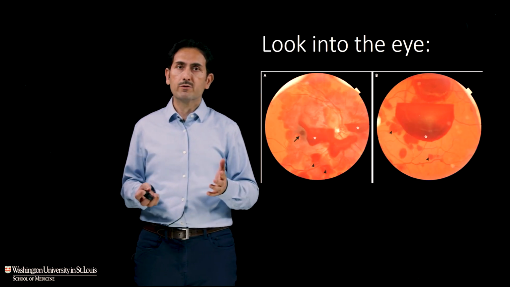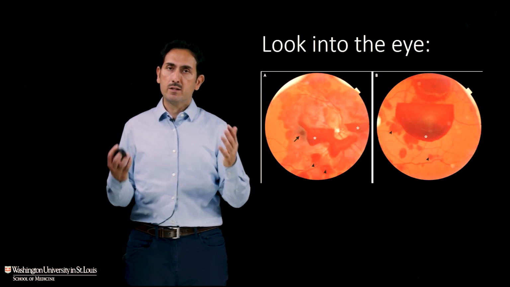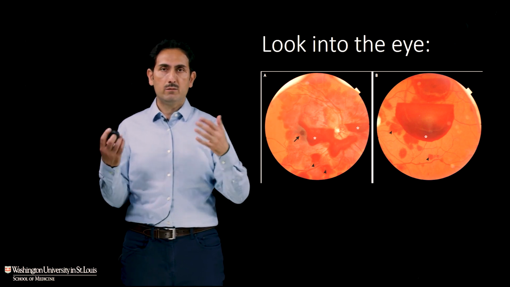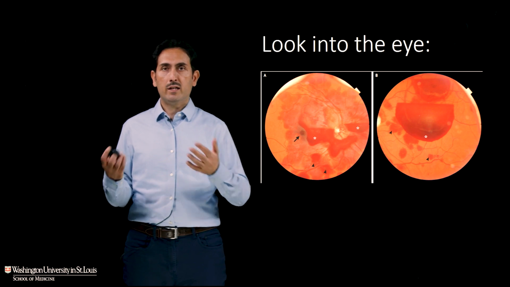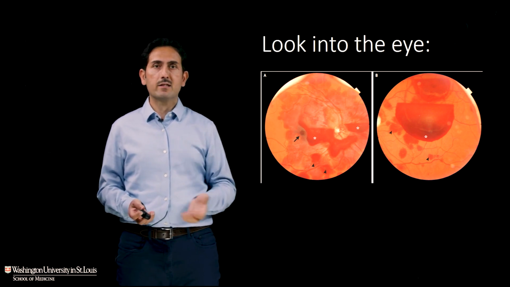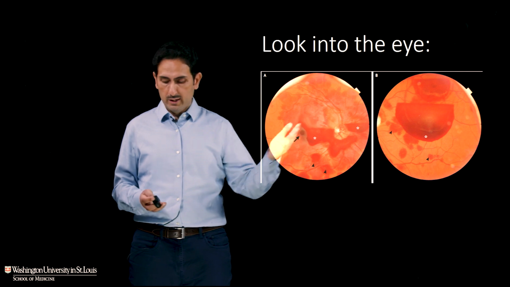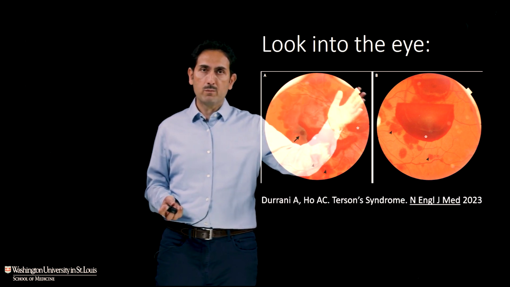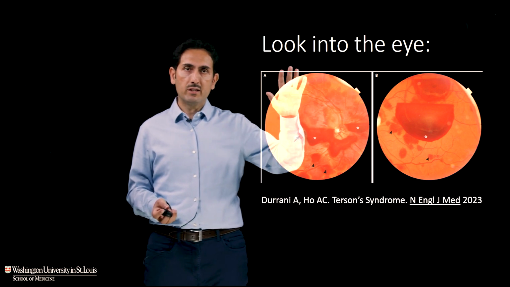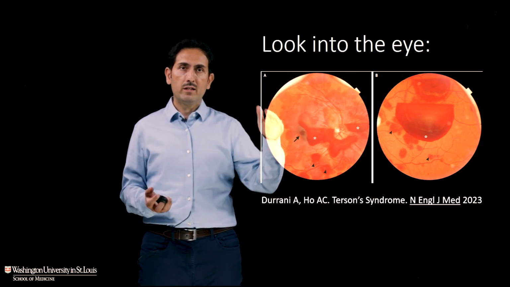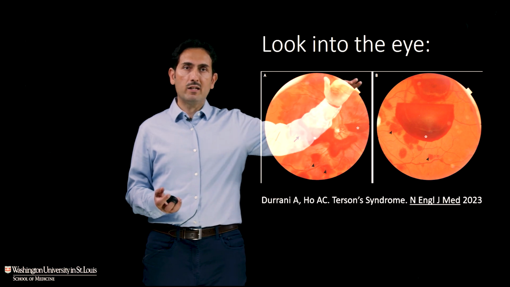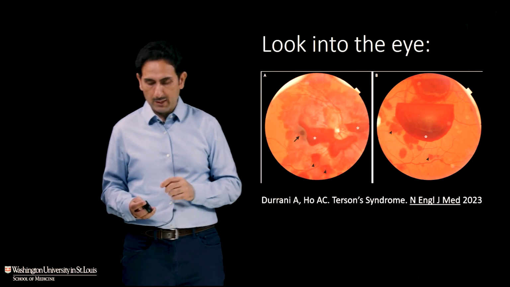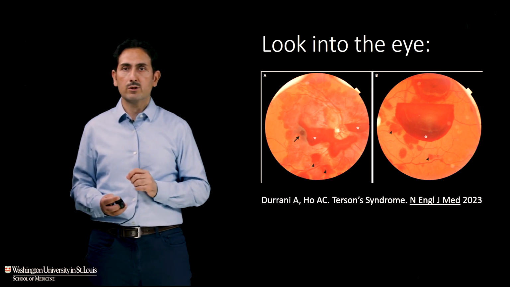The other thing when someone has blurry vision, especially in the setting of a brain injury, such as subarachnoid hemorrhage, is to look inside the eye, especially if you're not seeing another cause of blurred vision, and it's not double vision. Here you see a classic example of retinal hemorrhages, multiple hemorrhages, and in the setting of a brain injury, this is called Terson syndrome. When you have hemorrhages in one or both eyes, they tend to be beneath the retina, and they tend to have this gravity kind of fluid level shape, as you see over here, but they can also be smaller intraretinal hemorrhages. So that's something to look for in patients with subarachnoid hemorrhage.